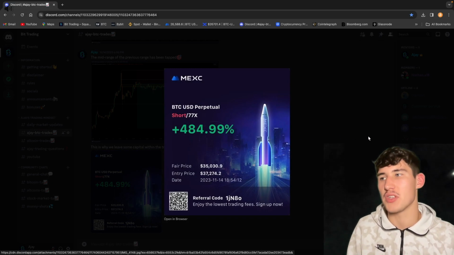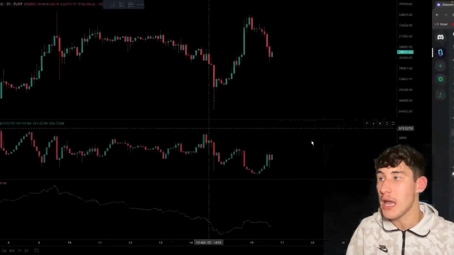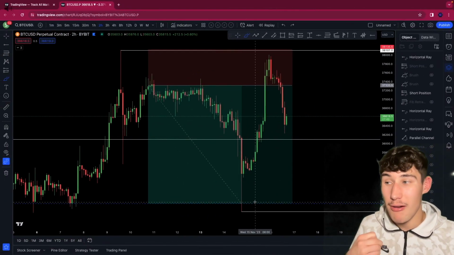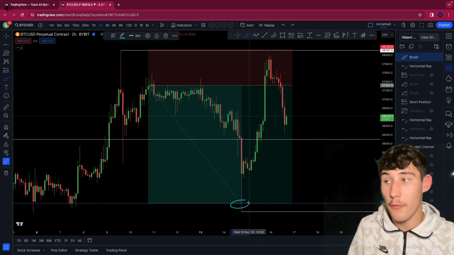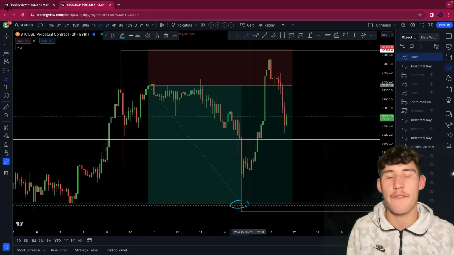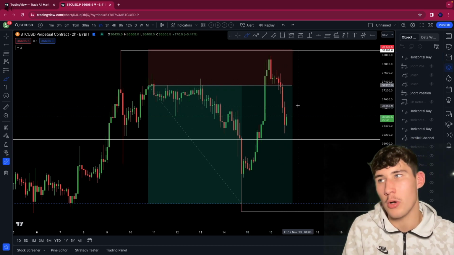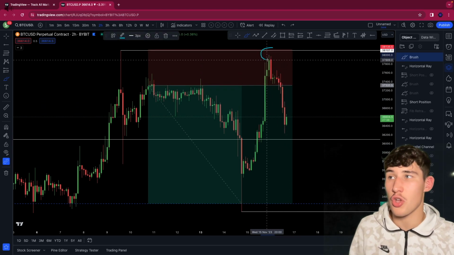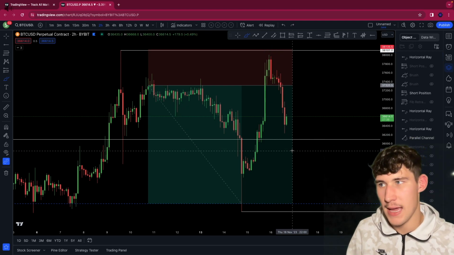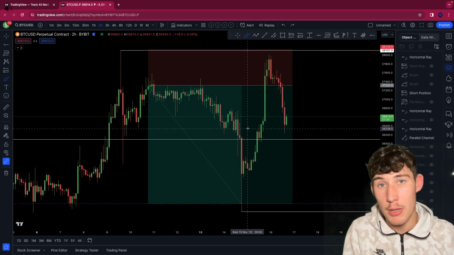484% in profit. So this has been a very profitable trade, and like I said, we have taken around 85% of the profits off of the table right here, and I have just let 15% of that trade ride to see whether we can get any more downside. We did come close to the stop loss here, but we didn't quite hit that stop loss. So this has been a very profitable trade for us.